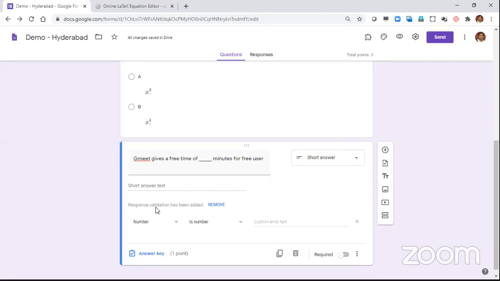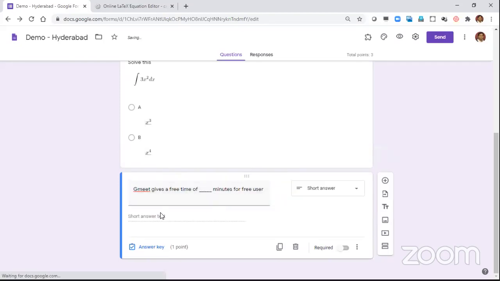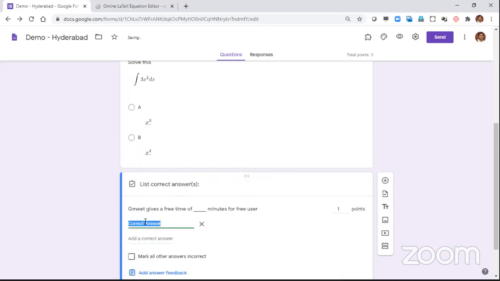So you can put response validation if you want, which means dash minutes is a number, right? So he can write 40 or FORTY. So I do not want this. So remove that. Just give the answer. So answer key. So Google Meet, right? So 60. Let me put 60, and let me also put 60, because you never know